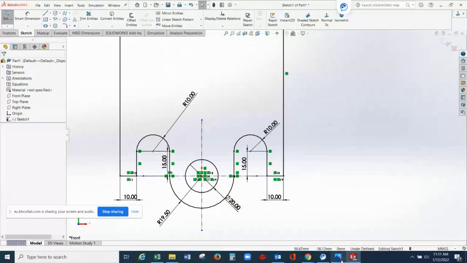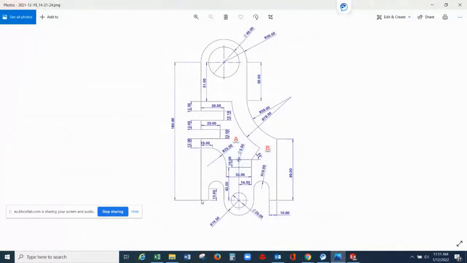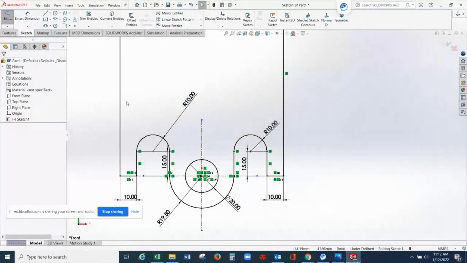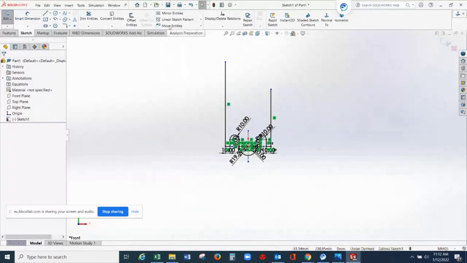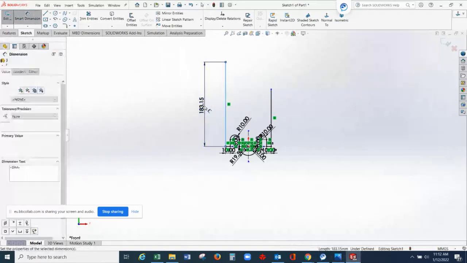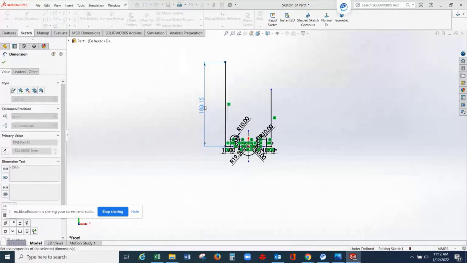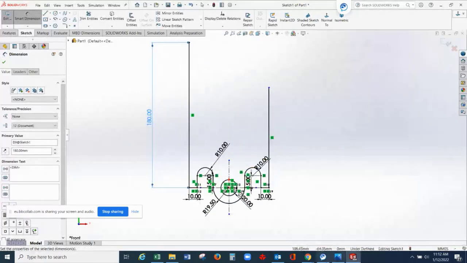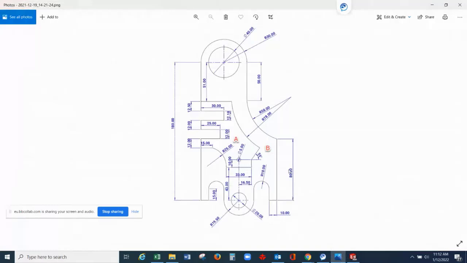So let's check another dimension on the drawing. From this line, I stop with this line. As you can see here, this is 180 millimeters. So from here, 180 millimeters, then we can remove this portion later on. From here, I can give a smart dimension of this line, which is 180 millimeters. From the other side, I have 80 millimeters here.